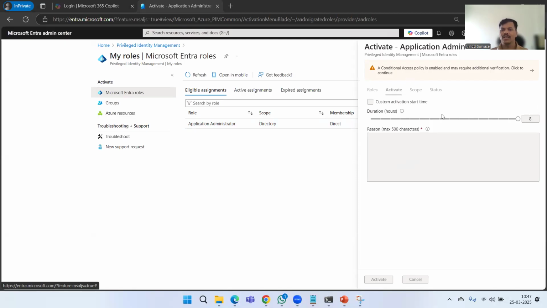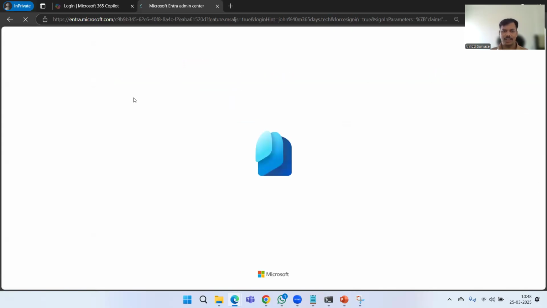Click to continue. So before taking any actions, this user has to re-authenticate and confirm whether this is a valid account and appropriate credentials are available in order to activate this role. Let's go ahead and click on this one,